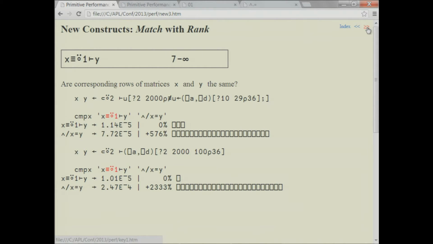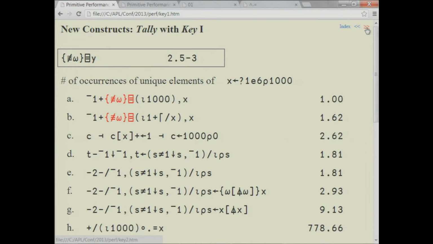And where the infinite factor comes from is when you have long random rows and you find out quite early that it's not matching and exit very early. Next is a problem that we looked at this morning, but now I can provide some factors of speedups. And the problem is to count the number of occurrences of unique elements of a random integer vector, million elements